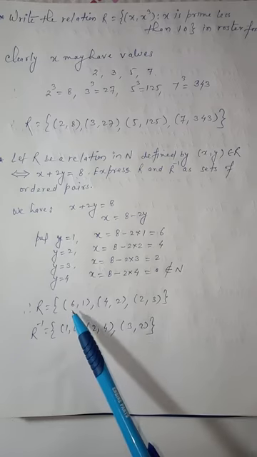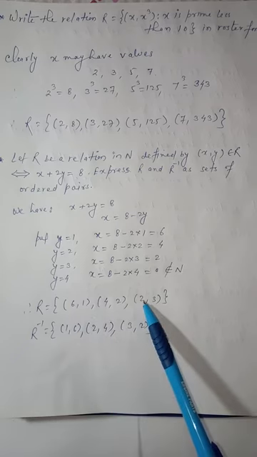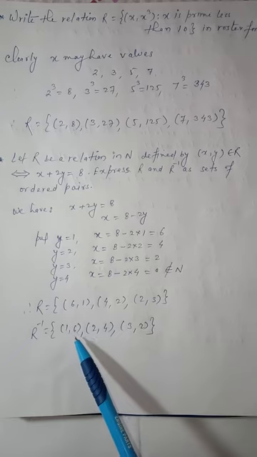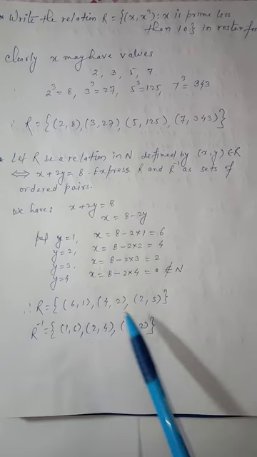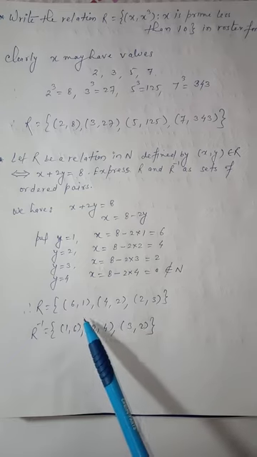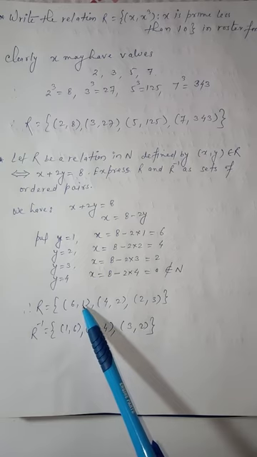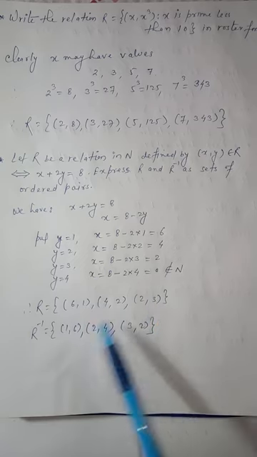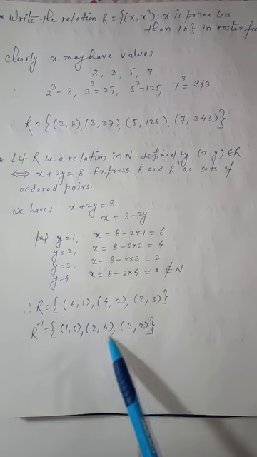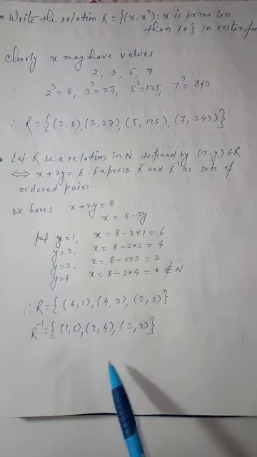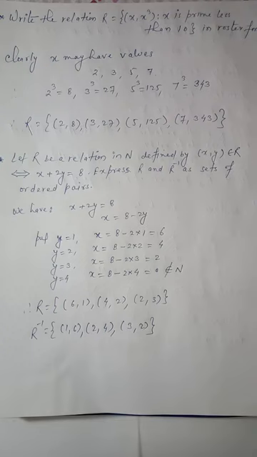So clearly the domain of R is 6, 4, 2, whereas the range of R inverse is 6, 4, 2. And in the same manner the range of R is 1, 2, 3 and the domain of R inverse is 1, 2, 3. So I hope things are clear. This is a very interesting chapter. So this relation is over. Now you solve problems based on relation, domain, range, everything.